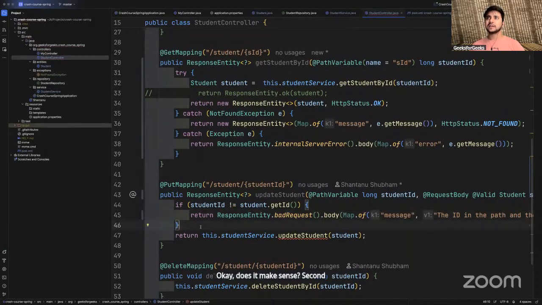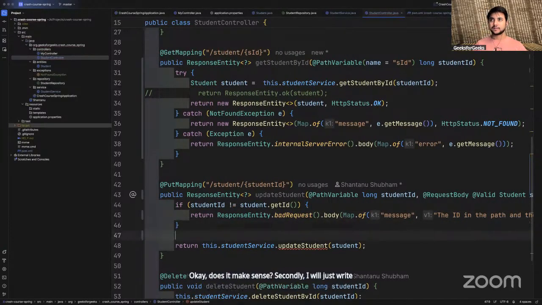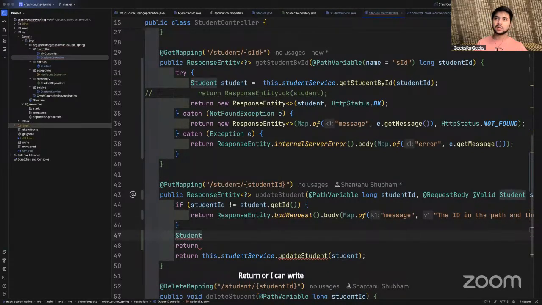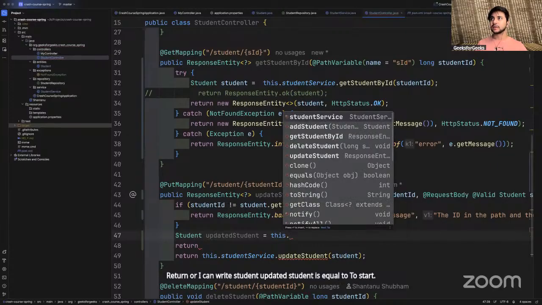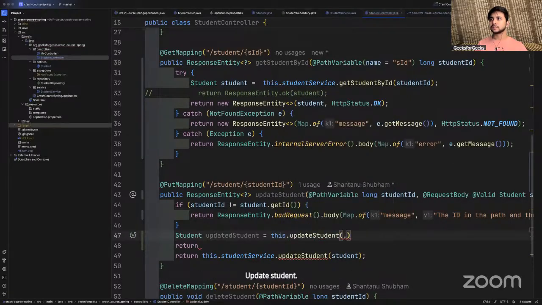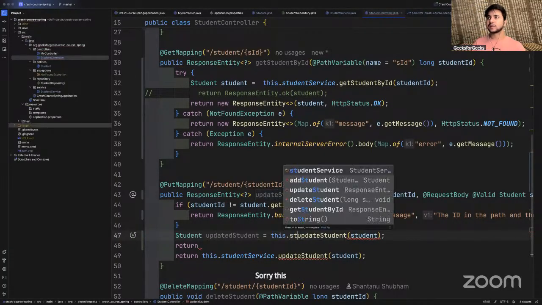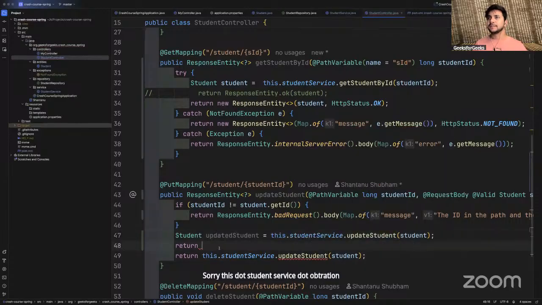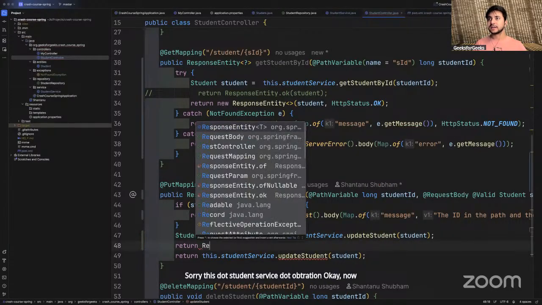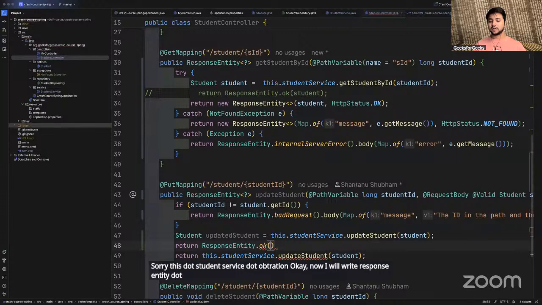Secondly, I will just write return, or I can write Student updated student is equal to this dot... Sorry, this dot student service dot update student. Okay. Now I will write response entity dot OK updated student.